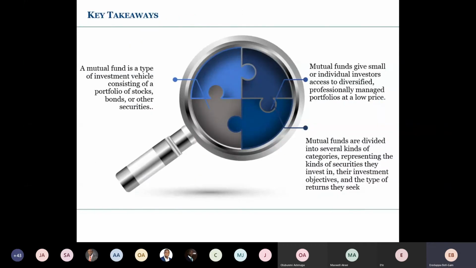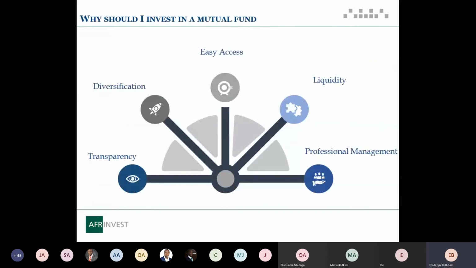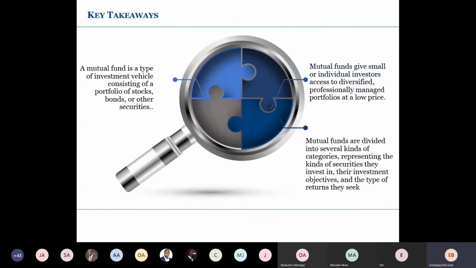Yes. So what are the key takeaways from this? Personally, one of the advantages or reasons why I prefer a mutual fund to most other funds is because of consistency. So with a mutual fund, because of how easy and flexible it is, you can always decide that